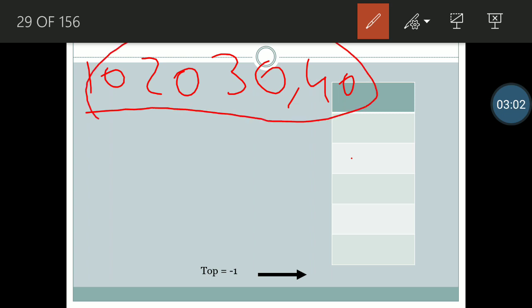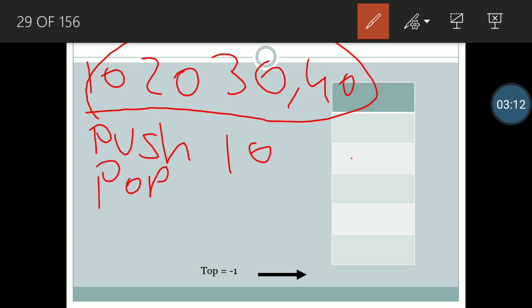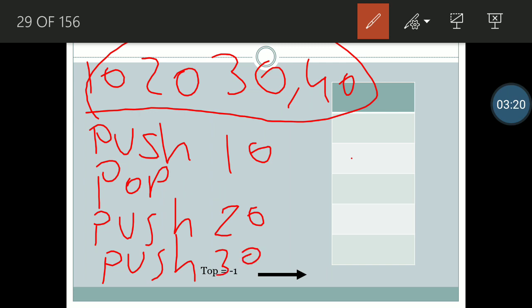Means first perform push operation 10, then perform pop operation, then perform push operation 20, push operation 30, again pop operation. So our stack is empty, means our top is equal to minus 1. In that condition our stack will be empty.